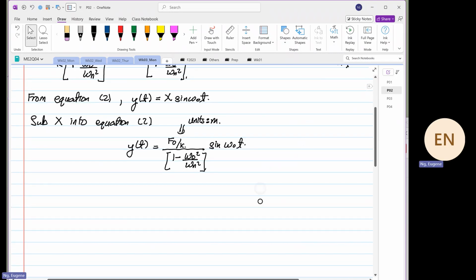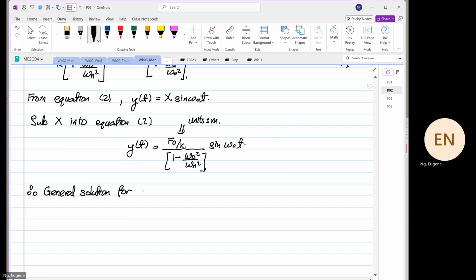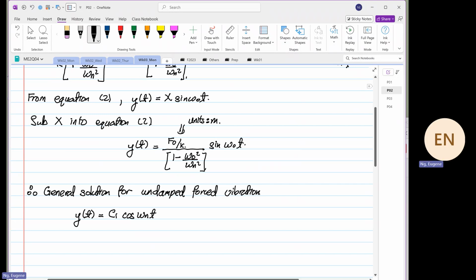So therefore, the general solution for undamped forced vibration will be y as a function of time equal to C1 cos omega n t plus C2 sine omega n t, then plus F naught